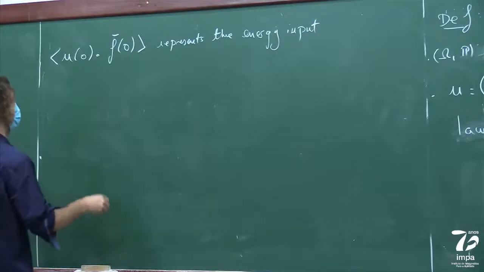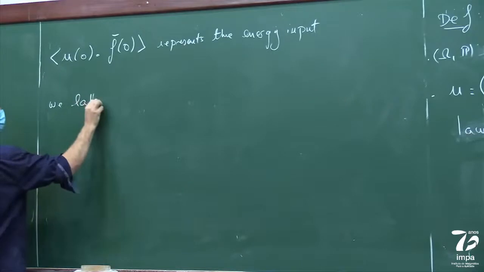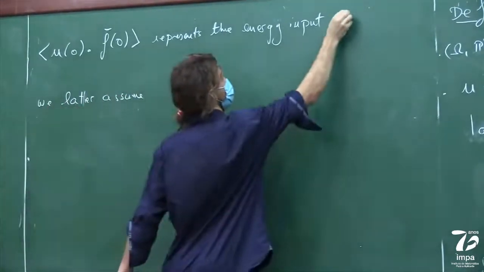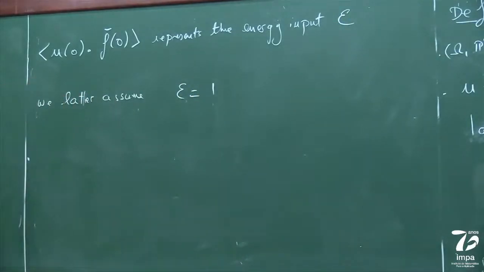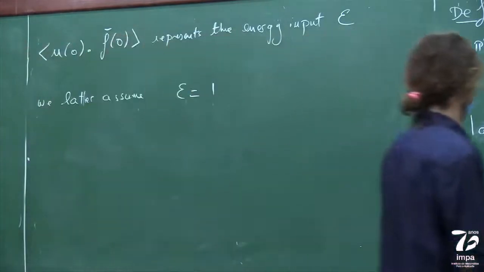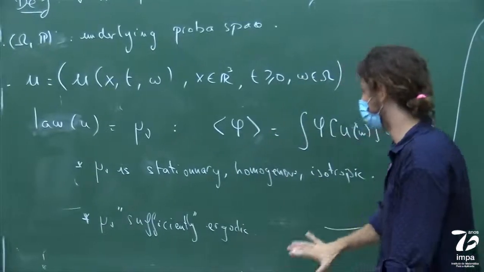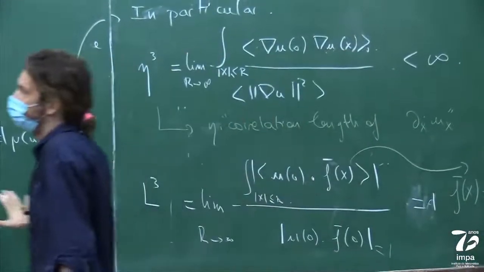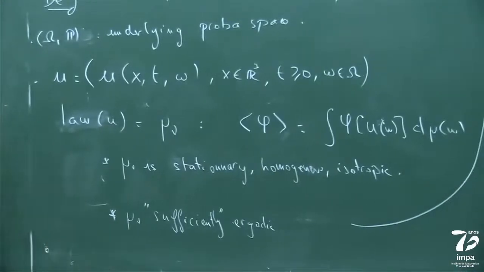And this we later assume epsilon equal 1, prescribed, so we know what we are putting. And of course, so I have my stochastic process. I know the law. I require it to be sufficiently ergodic. And of course, the last condition that I should write is that with probability 1,